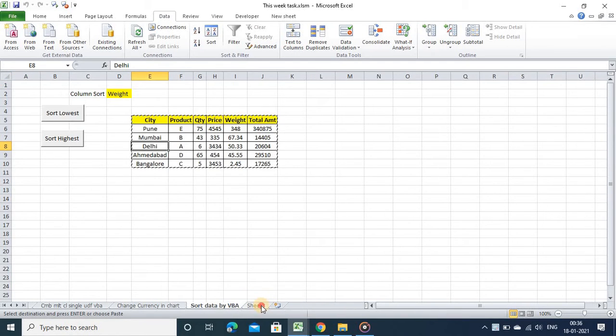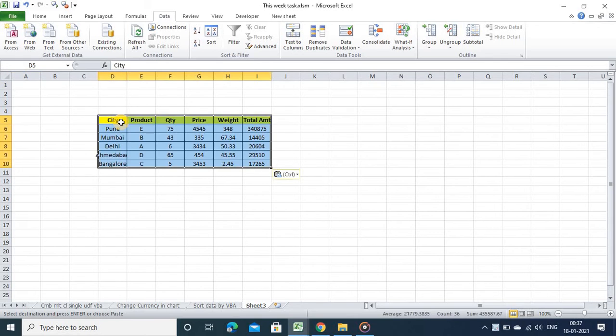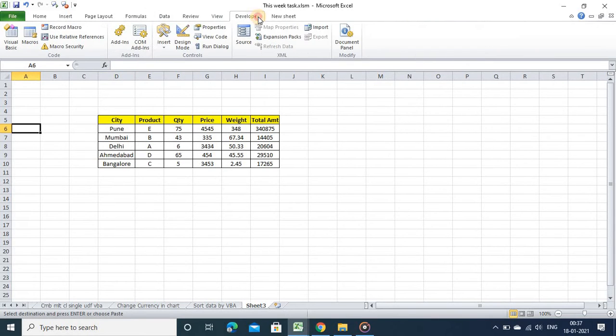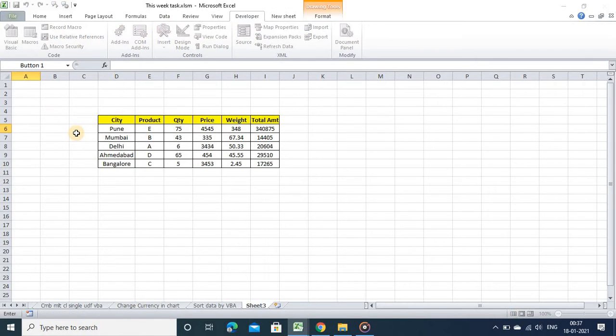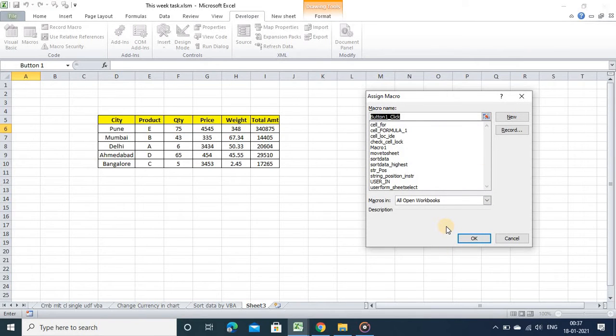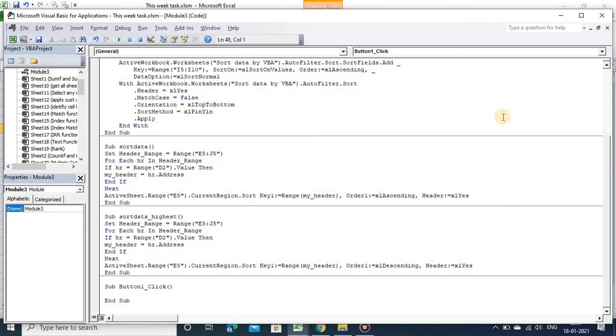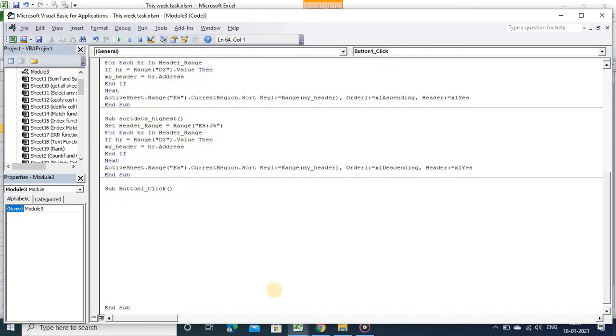Now here I will create two command boxes. I am leaving this new. So this is the macro code, but I am doing this from the beginning.